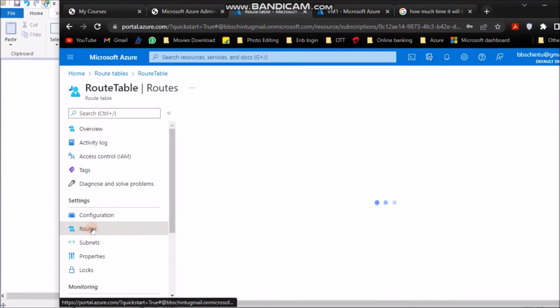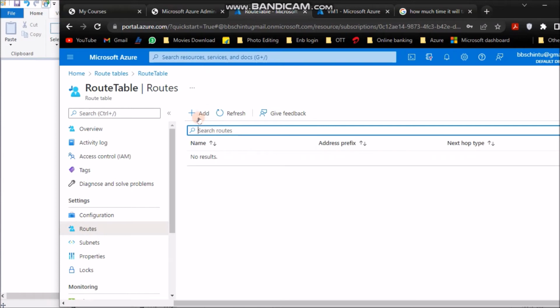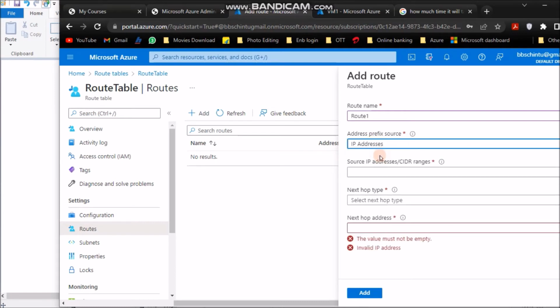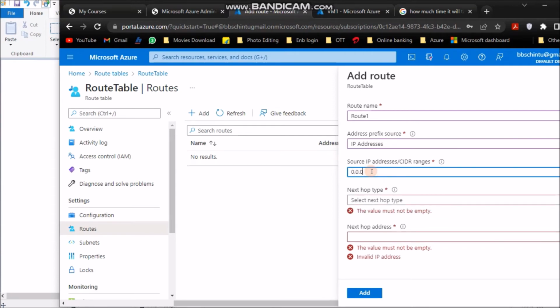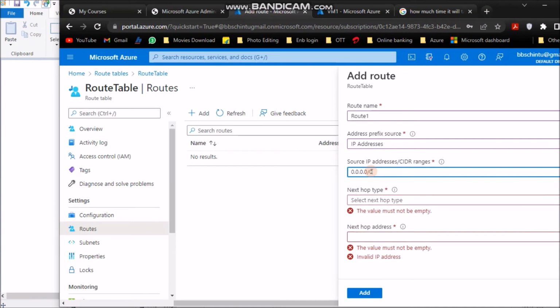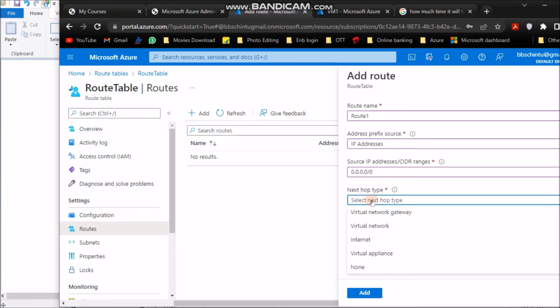I'll create the routes, and here I'll add one route. So route name I'll give as route 1. So address prefix would be, since I want to access through the internet, so what should I do? I want to put the IP address 0.0.0.0/0. Next hop type